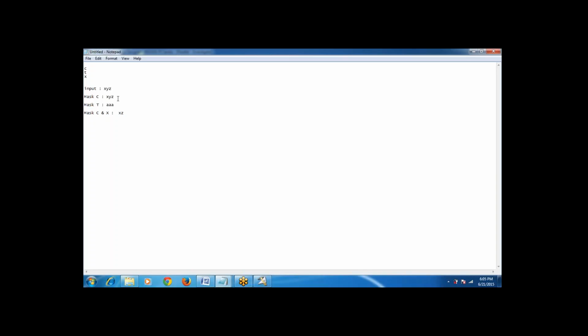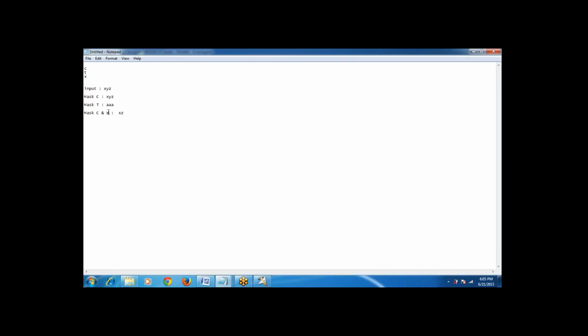So it will simply show what characters I'm getting in the input data, like X, Y, Z. If I go with the mask T, T is a kind of type. So what type of character are you getting there? If it is alphabets, it will give A, and if it is numeric, it will give N. For special characters, it will keep them as they are. We can generate the report and see it. Basically, T is nothing but type: alphabets, numerics, or any special characters.